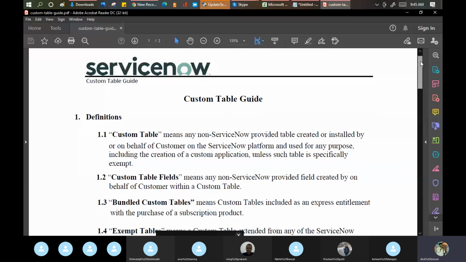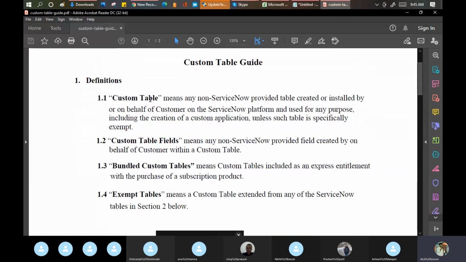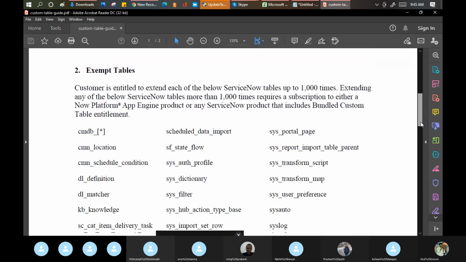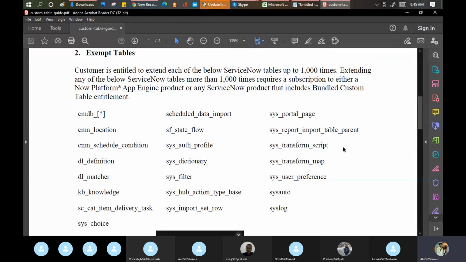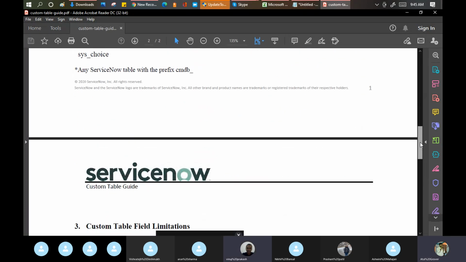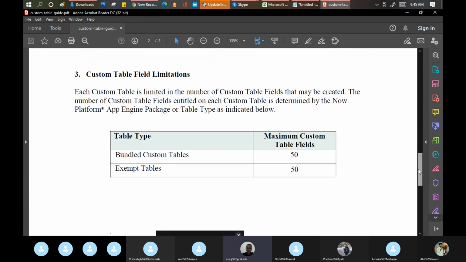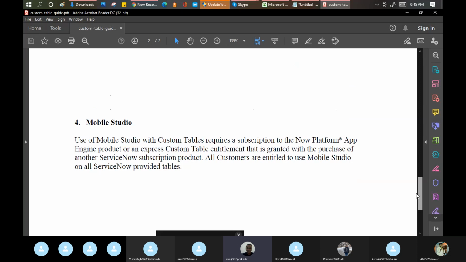See, this is the concept. You have custom table fields, bundled custom tables, and exempt tables, which tell you on which tables you cannot be charged. And these are the exempt tables. Okay, so if we are creating a new table, it is chargeable, correct?